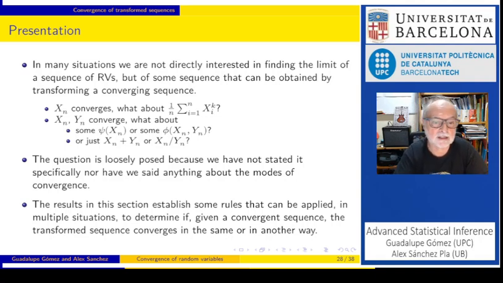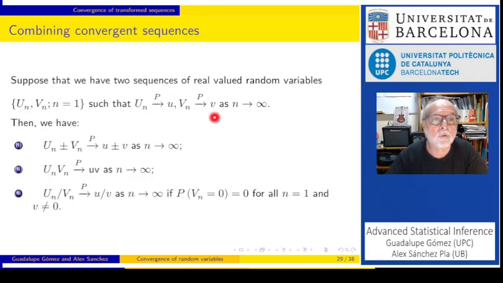The results that we present are a subset of all the results available that show precisely this, that under mild conditions we can add convergent sequences to obtain a convergent sequence in the same way or in a weaker way, and so on. So let's start with a theorem without a name, which is this result that says that if we have two sequences of